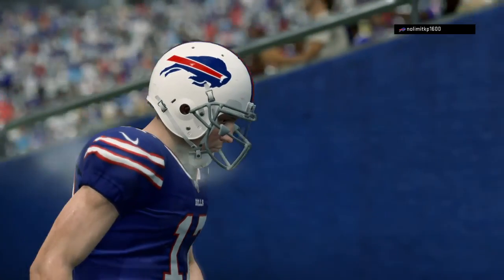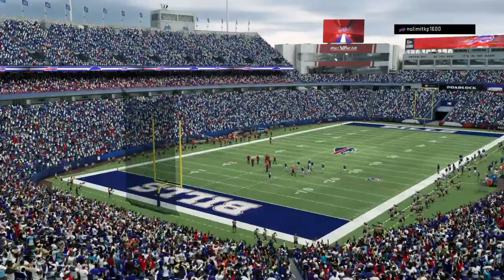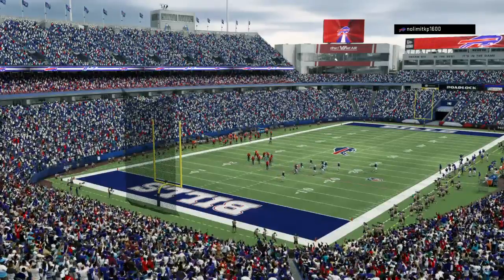So for the Patriots, they continue to be one of the best teams around as they move to 10-2. And they will head back home next